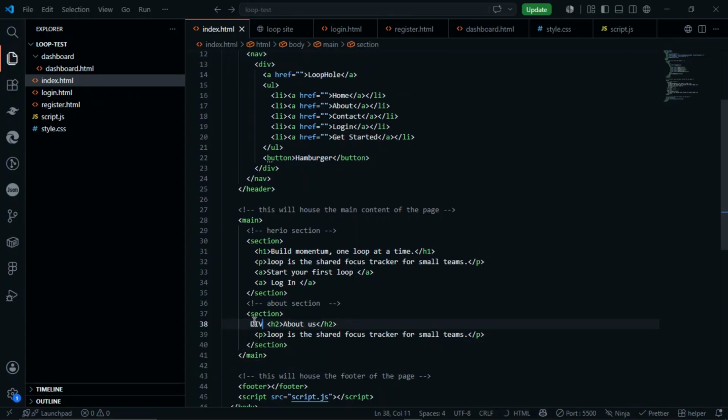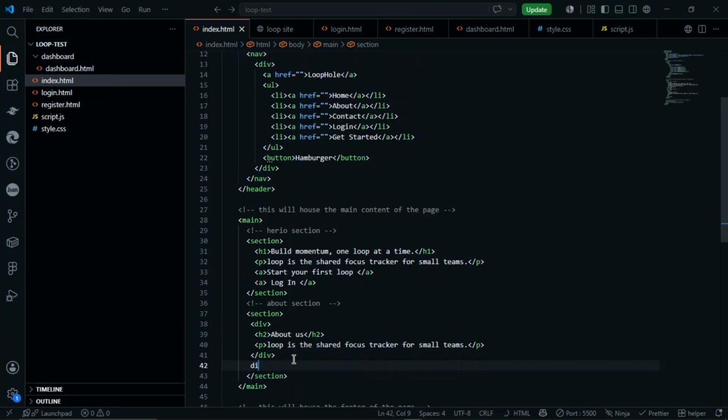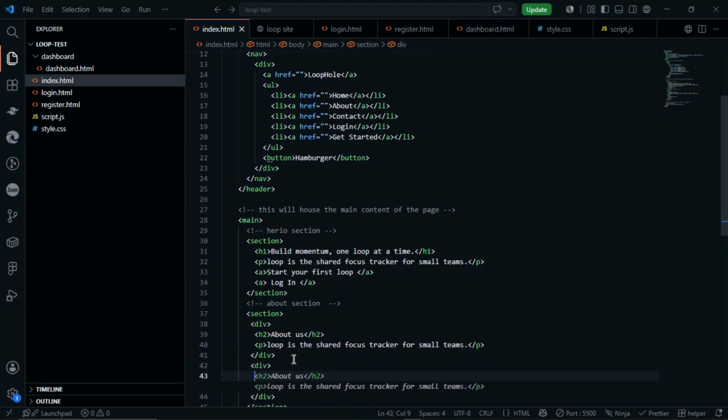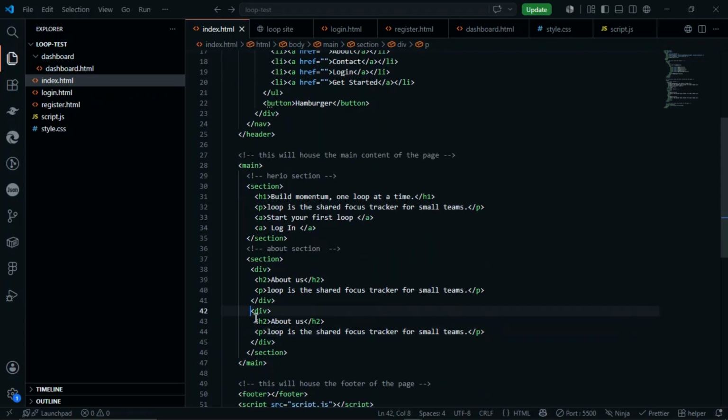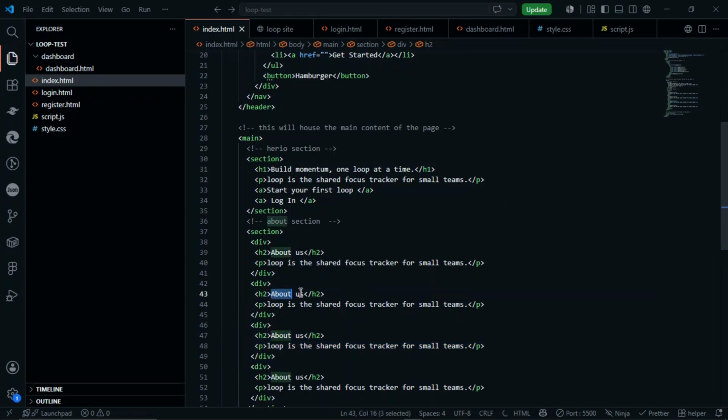That means we have to put it inside a div, then we have another div. I think we should create more than one. So let's just duplicate, and change this to